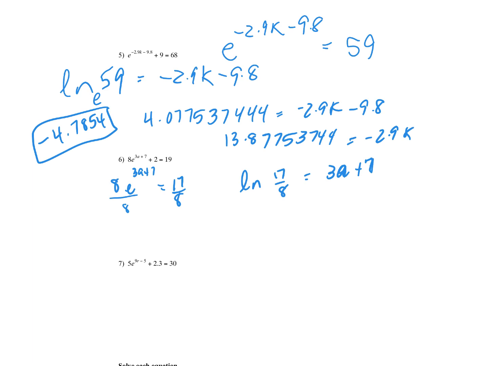And then we find the ln of 17 over 8, which is 0.75 something, 0.753777180024. And then we subtract 7, and we get negative 6.246228198, and then we divide by 3, and then we round to 2 places, so the final answer is a